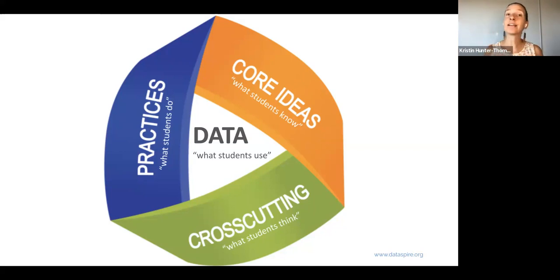And this is exactly the same for social studies. And it can be the same for our math classes, and data can show up in English language arts as well. So it is truly interdisciplinary. It can cut all ways.